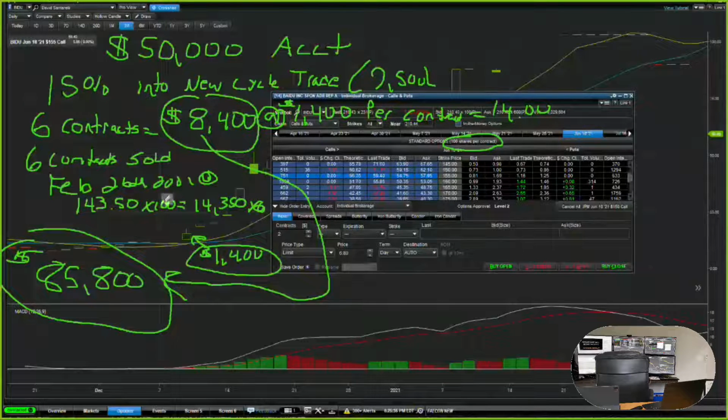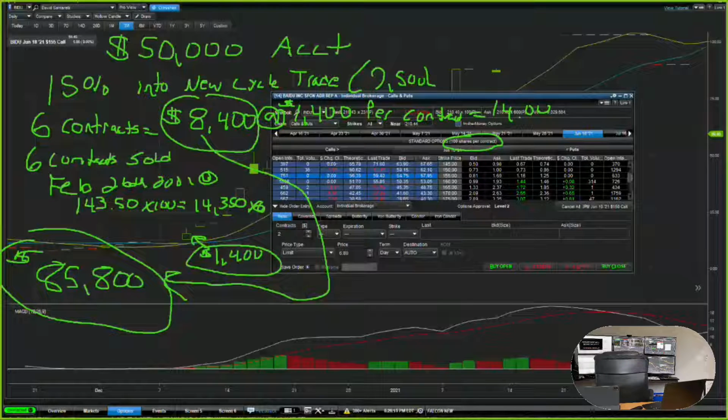Now, say that's trade number 1. Well, guess what? You only used 15% of your account. So you have $85,800 plus you still got 42 grand left. So 85,000 plus $42,000, you just took a $50,000 account to $127,800, only risking $8,400 of that $50,000 account. And that's what's really important about trade management. Now, if you know our trade plan, you know that you're not even risking that whole $8,400